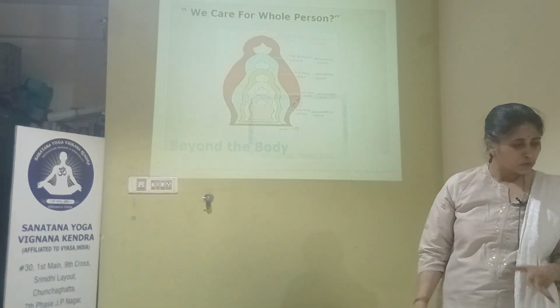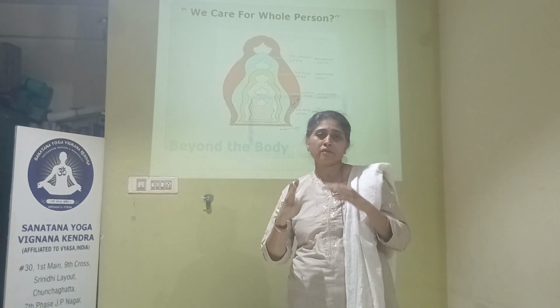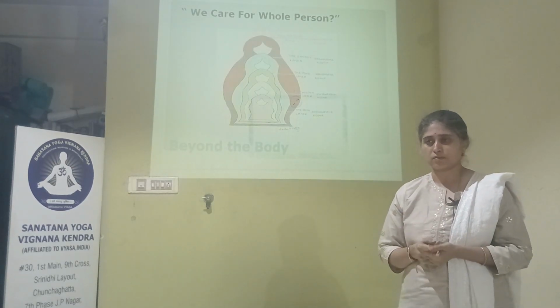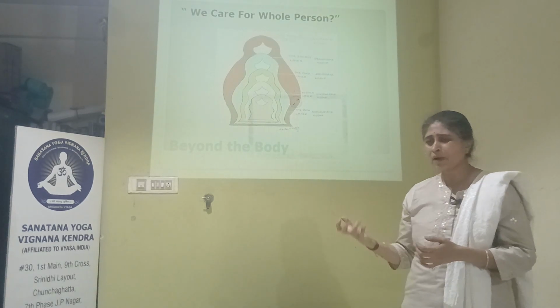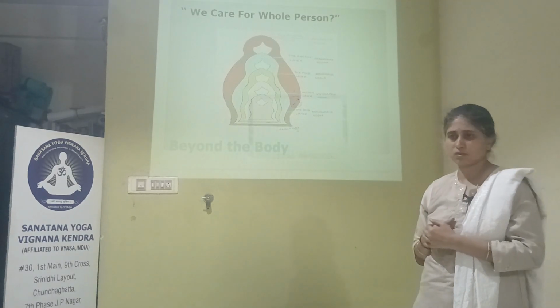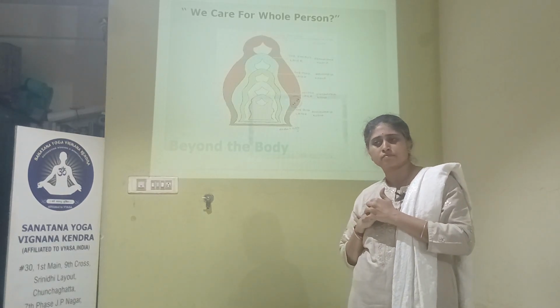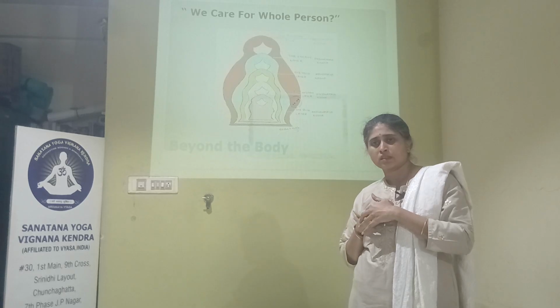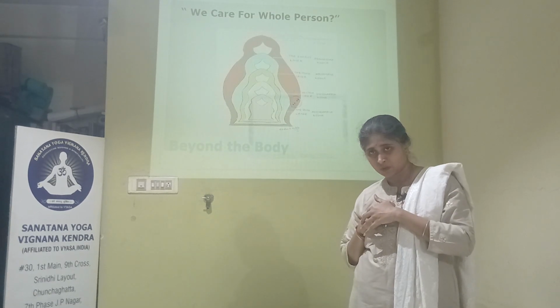Next, we will go to Pranamaya Kosha. In Pranamaya Kosha, we give suitable practices, pranayama and breathing practices. It's not like all pranayama. Why, ma'am, only suitable? You will get that answer in the coming slides. So what happens with pranayama and breathing? The mind becomes stable. How? Your breathing becomes constant in pranayama and meditation. That is calmness.